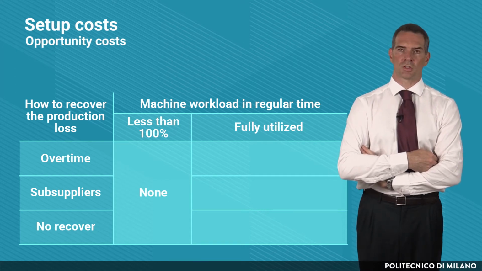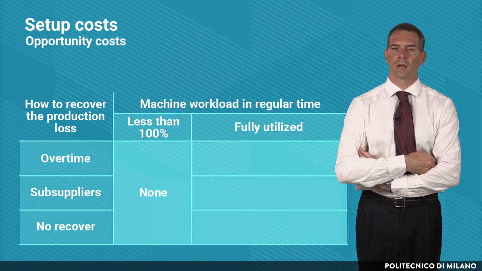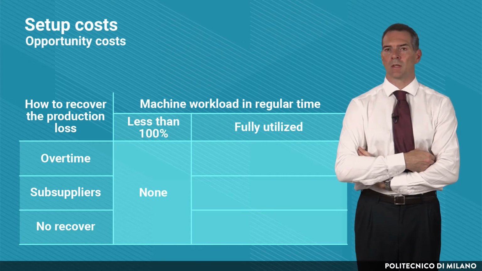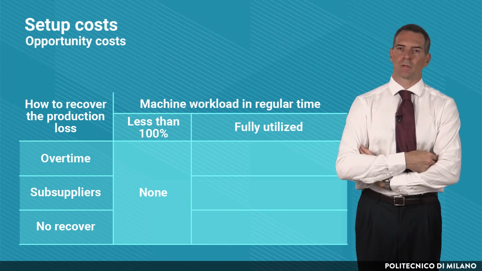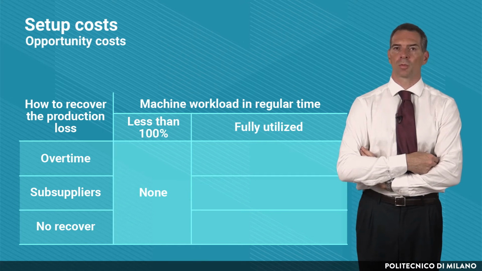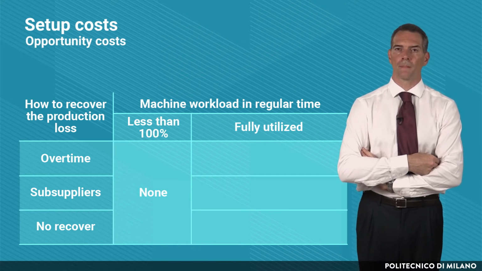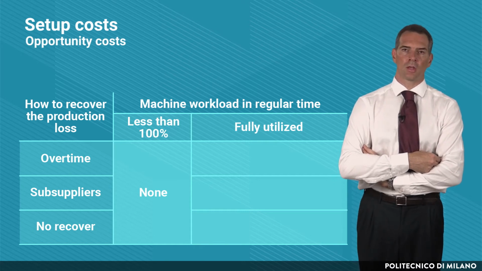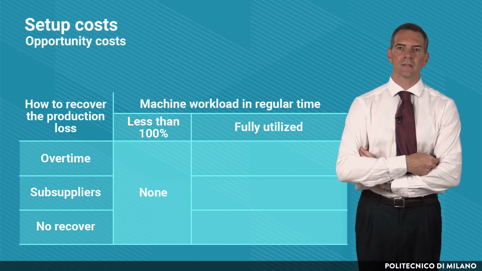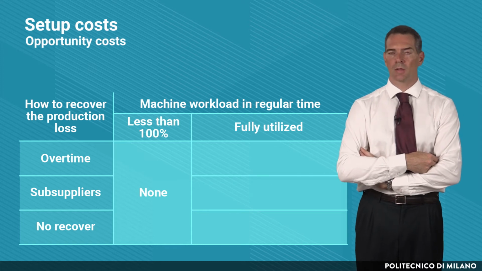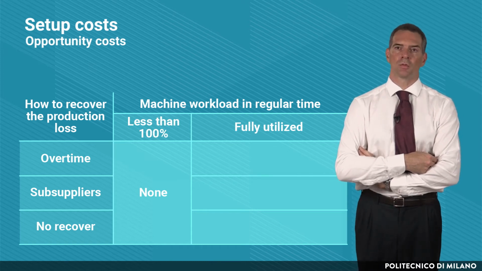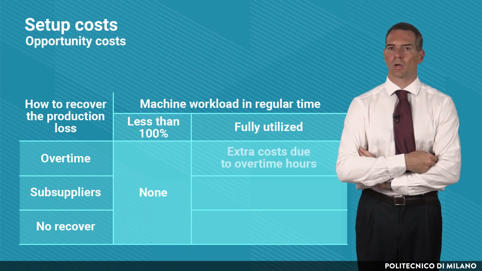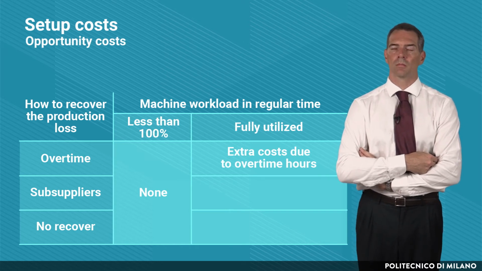Otherwise, if the production machine is 100% utilized, then the setup activity is basically cannibalizing production capacity, and therefore some production loss occurs. In this case, I can recover the lost production quantity, for instance, by resorting to overtime, and in this case, the setup opportunity cost is represented by the extra cost due to the overtime hours,